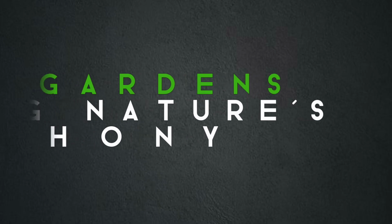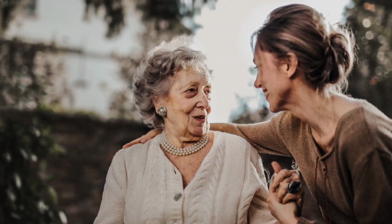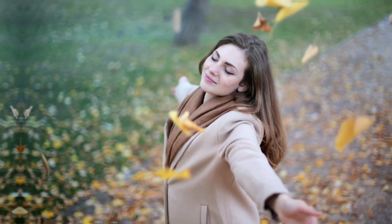Sensory gardens, unleashing nature's symphony. Gardening and landscape design encompasses much more than just mere aesthetics. Today, there's a growing recognition that gardens can offer a multi-sensory journey, engaging our sight, touch, sound, scent, and even